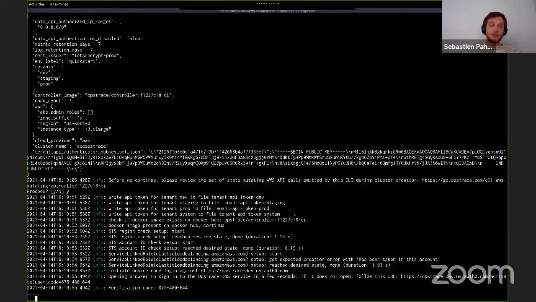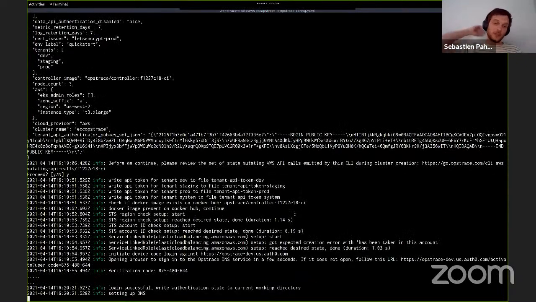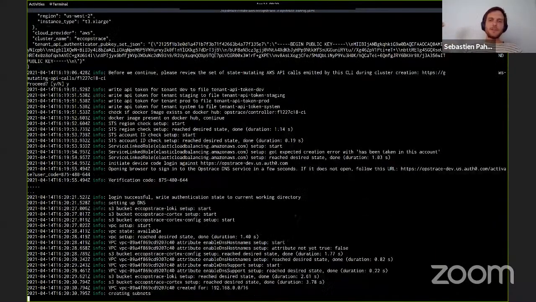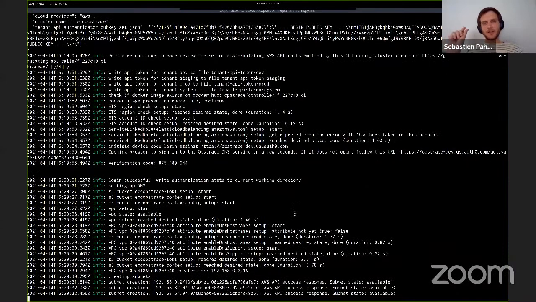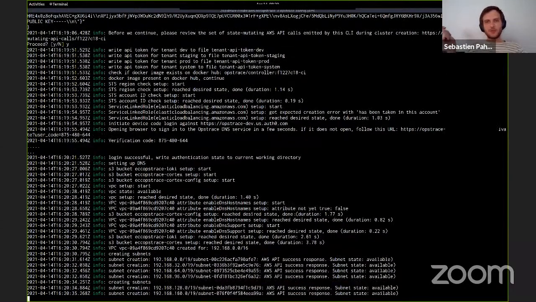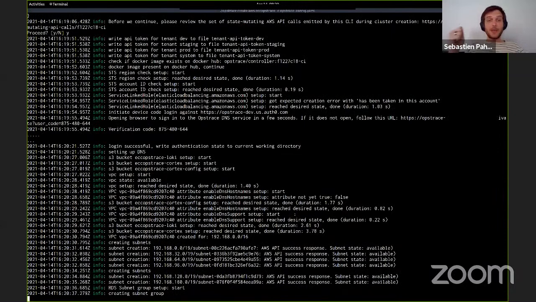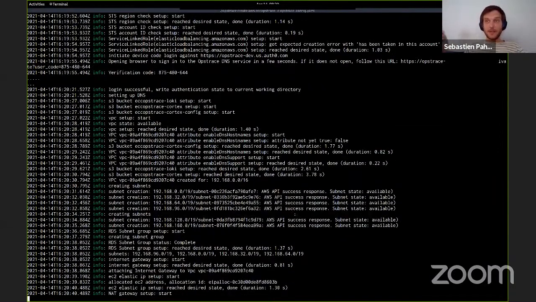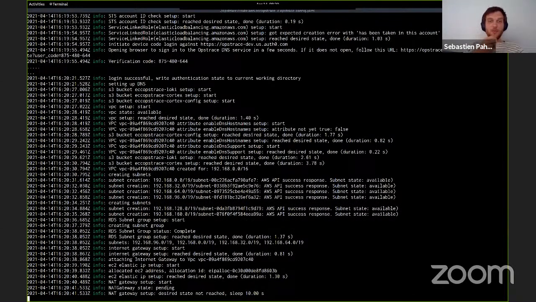Custom domains are something that we want to build, custom authentication, custom domain, but we wanted to start with the very easy approach of giving people a domain, giving people a way to authenticate with their clusters, because these are the kind of frictions that you can see in the open source world. As soon as you need to set up domains, TLS, you need to talk to other people in your organization. It's not that easy. So this is a way to just get started right out of the box.